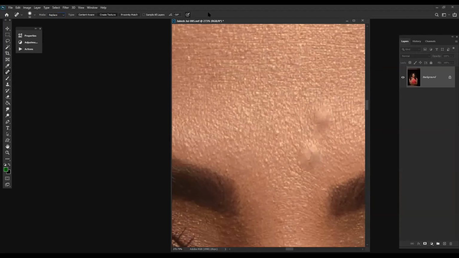So the best option in spot healing is the proximity match. Whenever we use proximity match, it will try to match the nearby skin very accurately.